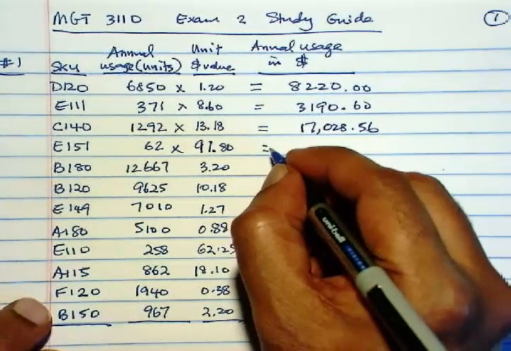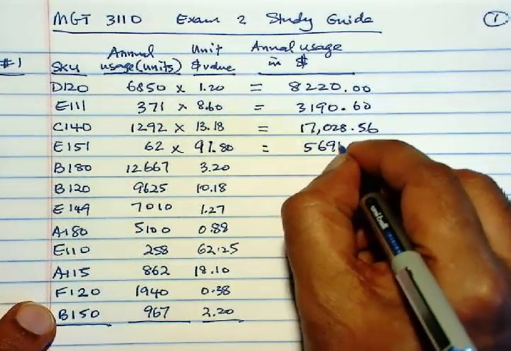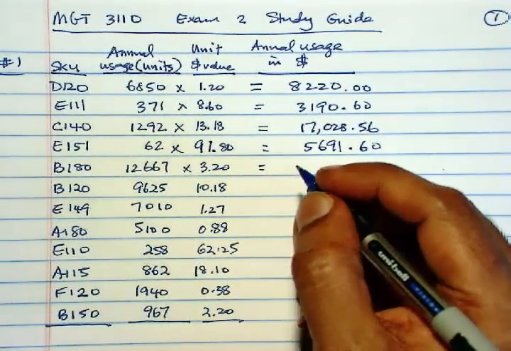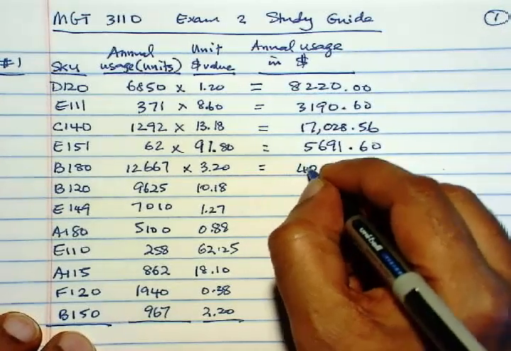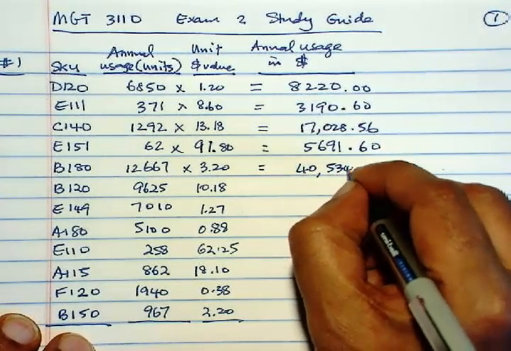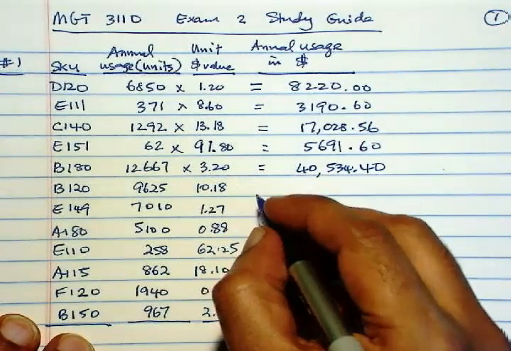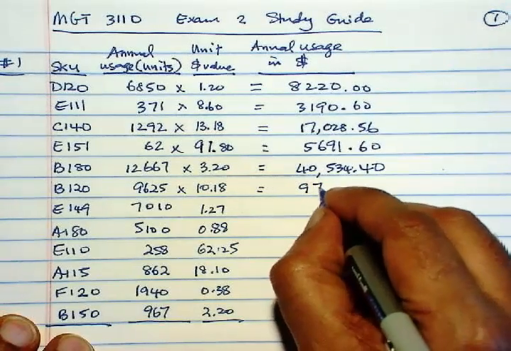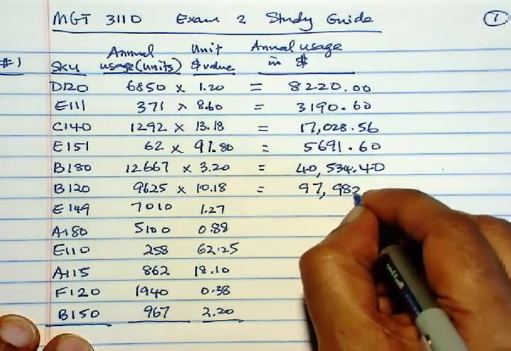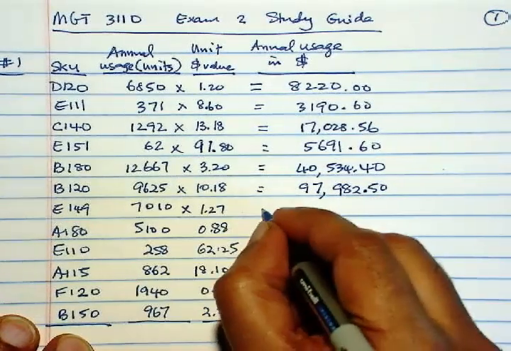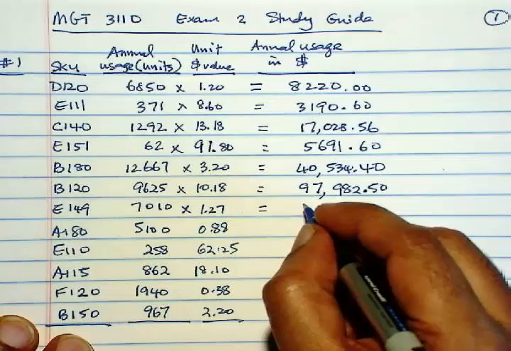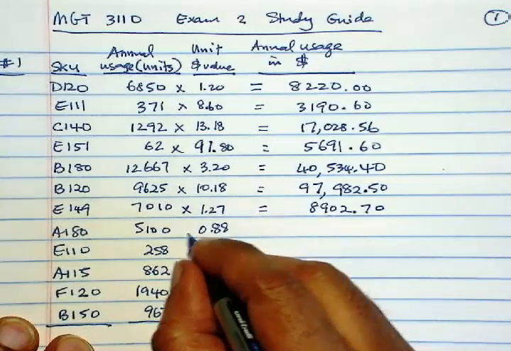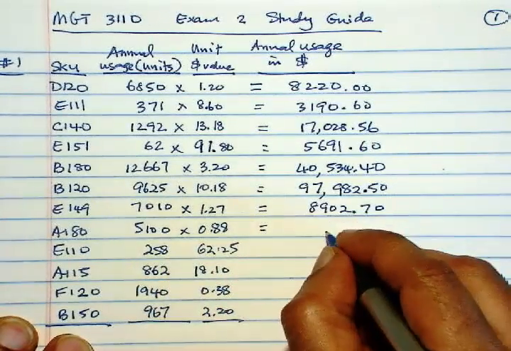5691, 60, 40,000, 534, 40, then this one is 97,982.5, this will be 8,902.70, this is 4488,